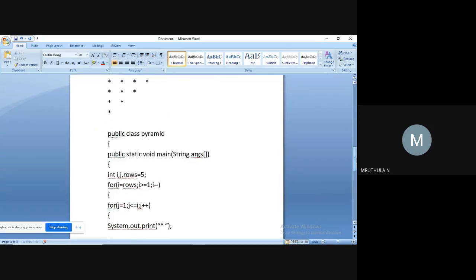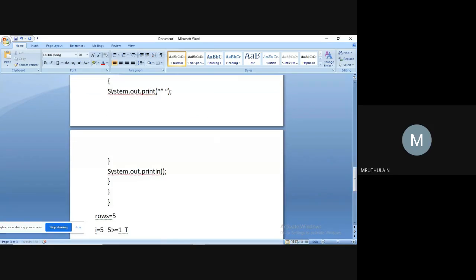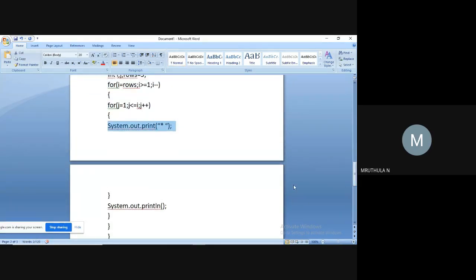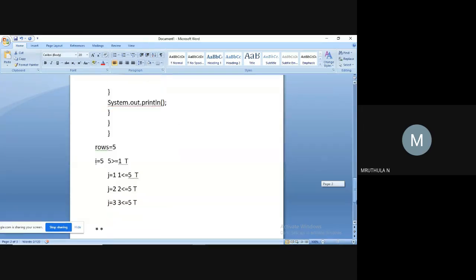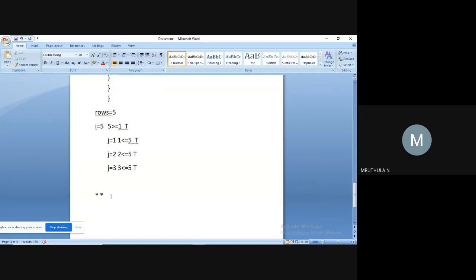So again it will execute the body of for loop of variable j, star and some space. Again the closing braces of j for loop. J will be 4, 4 less than or equal to 5, condition true. Again prints star and some space.